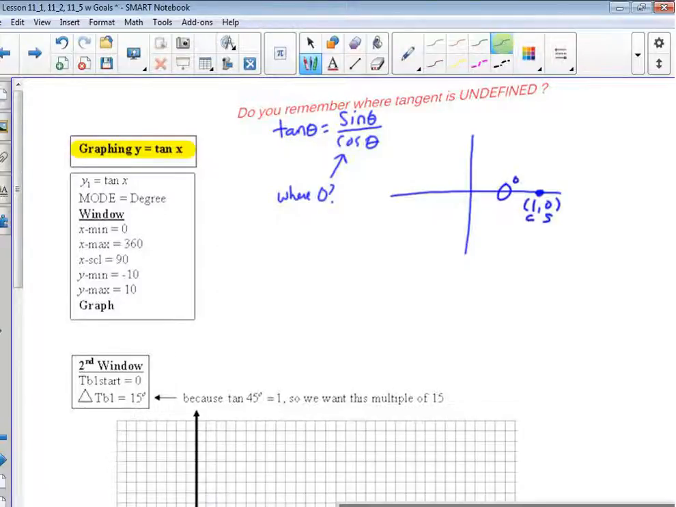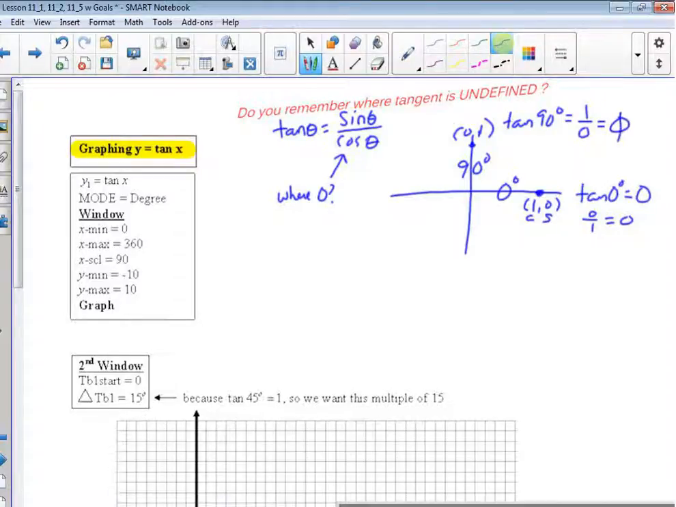So at 0 degrees, the tan of 0 is going to be 0, because that's 0 divided by 1. At 90 degrees, we have 0, 1. There we have the undefined, because the tan of 90 would be 1 divided by 0, sine divided by cosine,